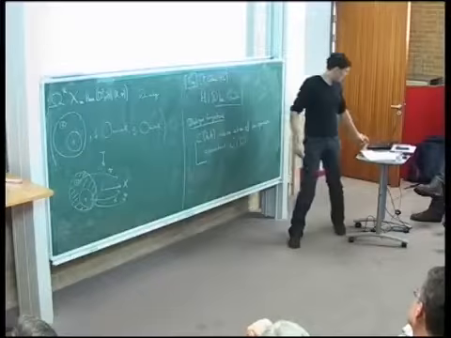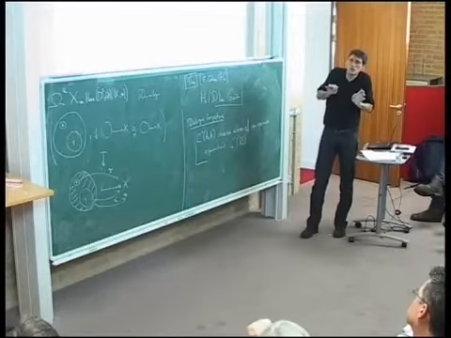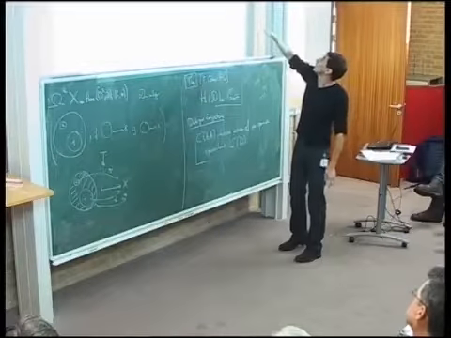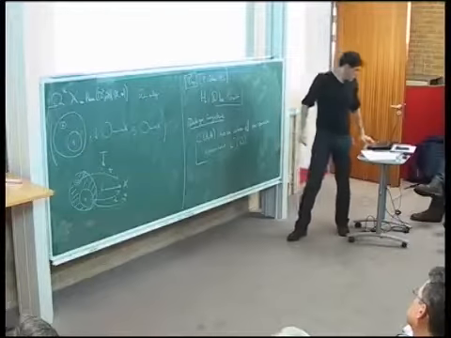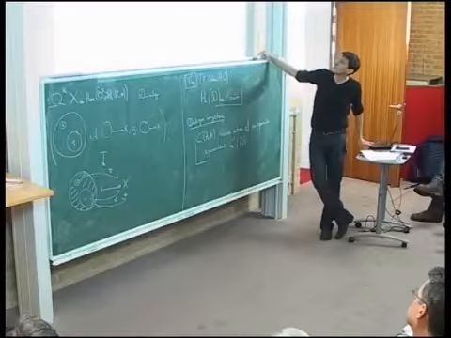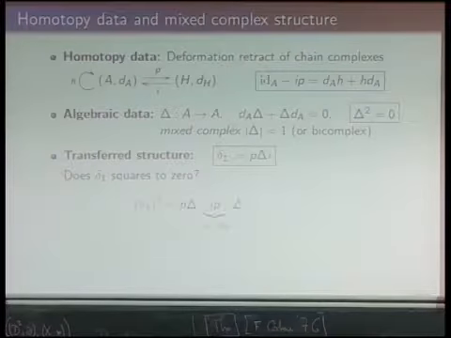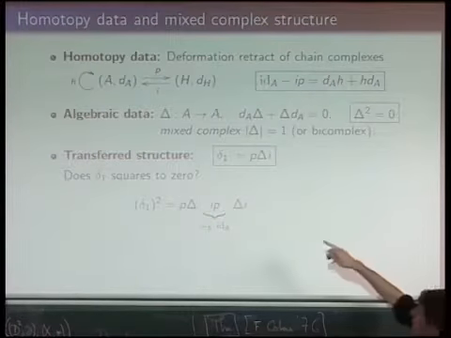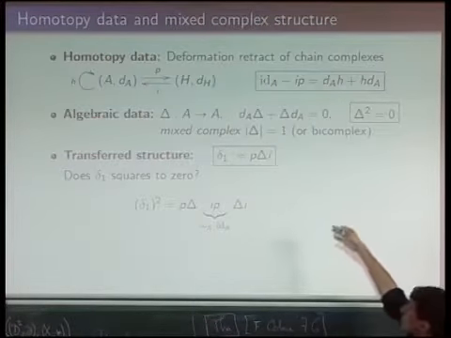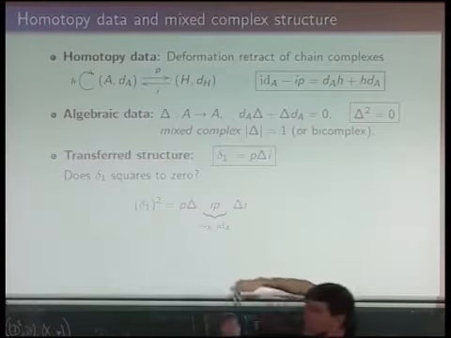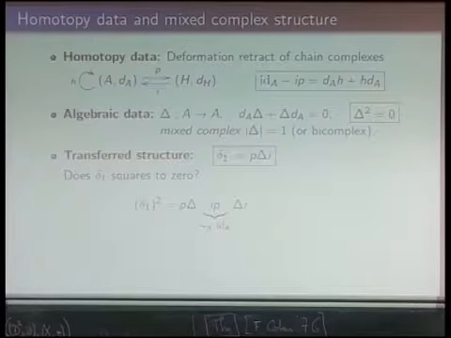Let me give you two simple examples. Let's say that on the left-hand side, I consider a very simple algebraic structure, a unary operator which squares to 0. What is the effect of transporting this from left to right? How do you transport? You apply first I, you apply delta in A, and you come back. Let us iterate this. Does it square to 0? Well, if you compute it, in between you have pi, which is not equal to the identity. If it were, then this is the identity, and delta squares to 0, and you get the strict relation for this transferred delta. It's not the case.